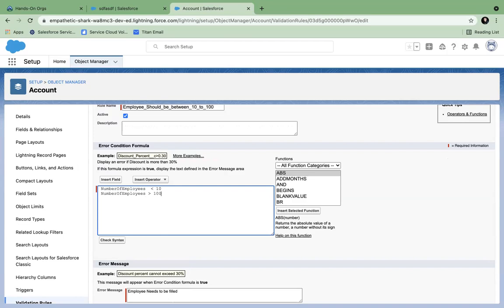Right? This can be the condition. So I have to block these values, right? That is why it is the blocker.